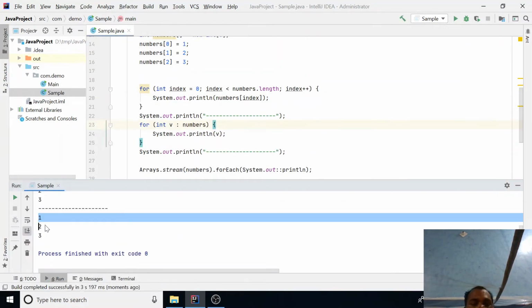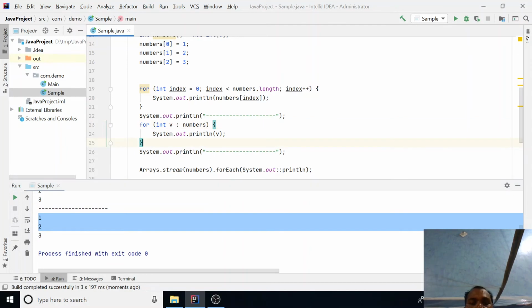This is also a way. So we have discussed first your old style, how to iterate a loop from the initialization part, condition part, and then the increment decrement part. After that, you are retrieving the value. This is the enhanced for loop. You just specify the array here, and one by one automatic iteration happens, and you are getting the value.